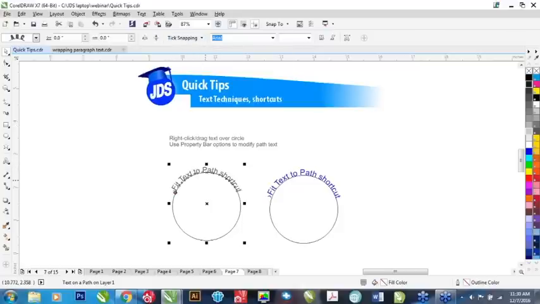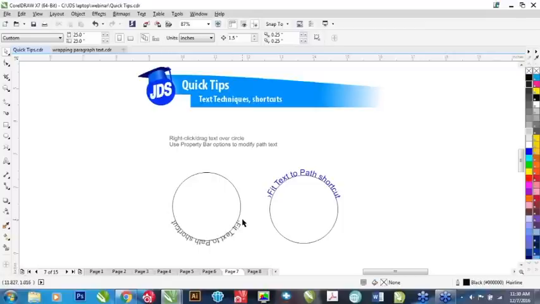So if you want to move this to the bottom, really all you have to do is just grab the text and pull it to the bottom. And if you notice there's a little red line there, that tells you when it's either perfectly on top or at a 90 degree. So here it's perfectly centered at the bottom, perfectly centered on the right, or the top. Okay, so if I pull this down to the bottom,